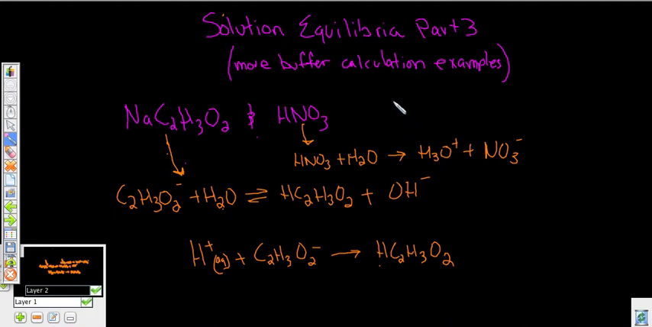All right, looking at solution equilibria, this will be part 3. This is just another buffer calculation example. So I'm going to work through two kind of different situations, and